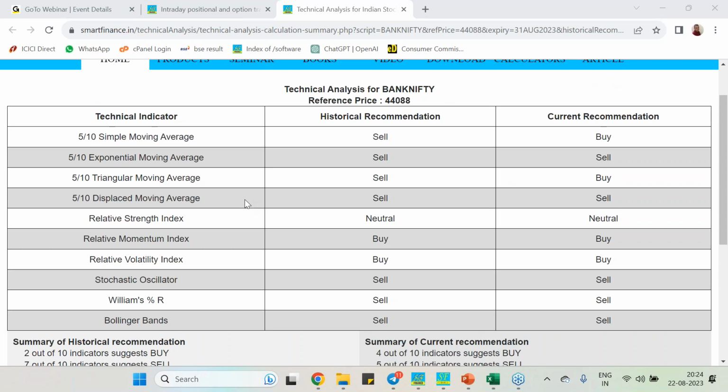In the displaced moving average, we are using volatility. Exponential and simple are as they are. In the triangular, we are using a component of volatility. In the Bollinger Band, again we have altered the standard deviation. In Stochastic, Williams and the relative volatility index, there also we have altered them and a component of volatility is added. So these are the ways, though we have a long journey to go, and we have aimed to convert all the indicators and oscillators available in the market to a random